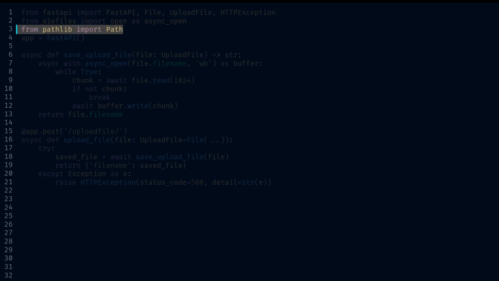In this line of code, we are importing the Path class from the pathlib standard library. This class will help us handle file paths and manipulations, making it easier to save the uploaded file in the